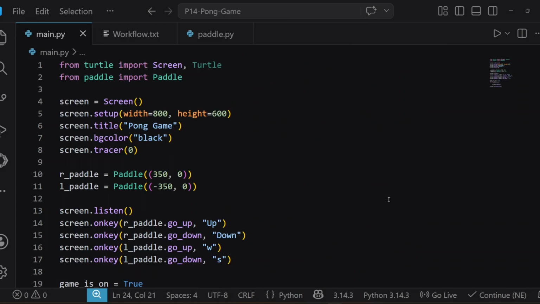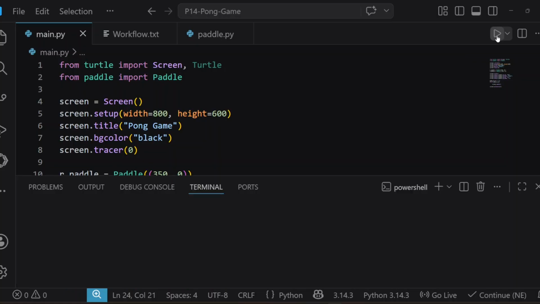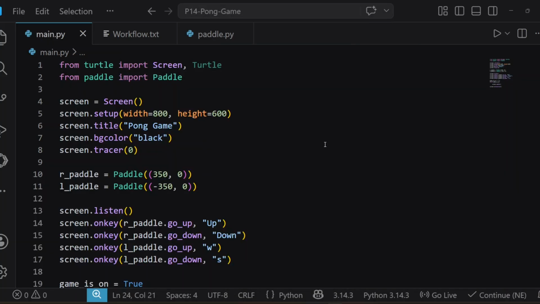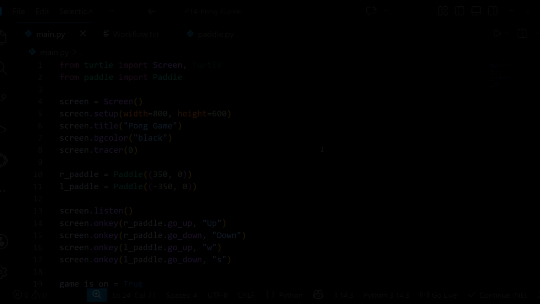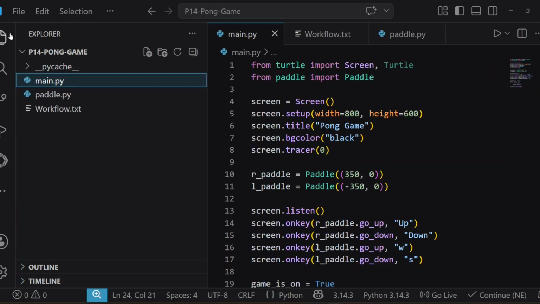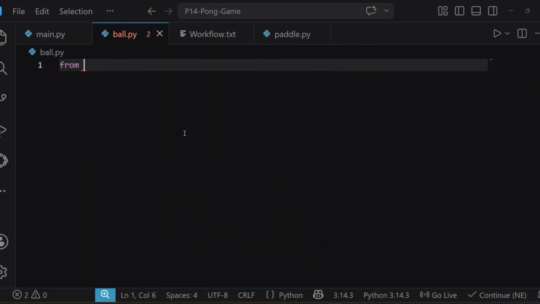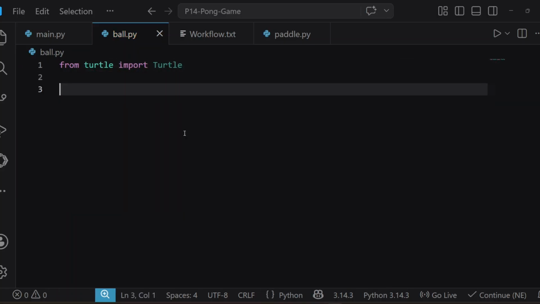In the last video, we created paddles for our Pong game like this and we can move it using keyboard keys like this. And in this video, we are going to add a ball in our Pong game and let's start coding. First create another file, give it the name ball and import the turtle module and create one class,